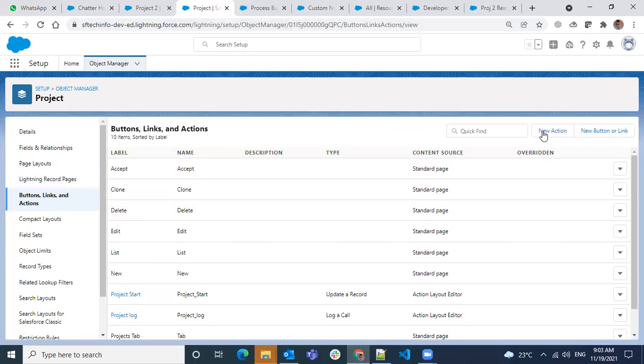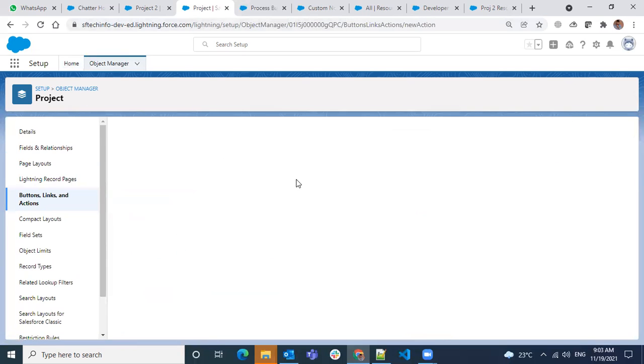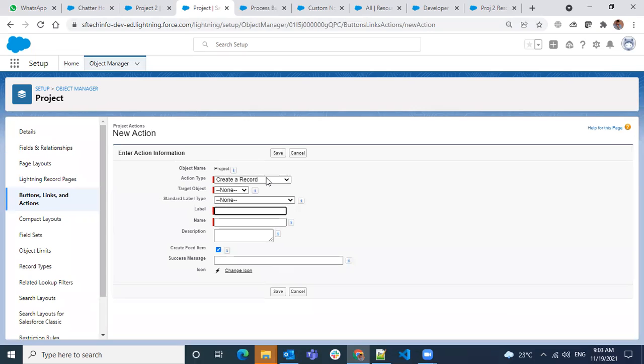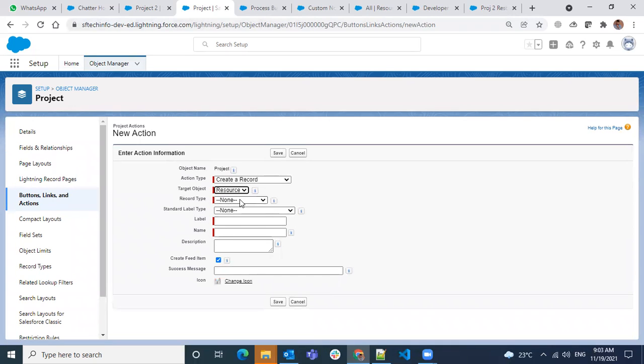So we have a new action, and when we are dragging and dropping quick actions in the Lightning App Builder, it only supports updating a record. Let's see if we have a create record quick action. I want to create a resource here. So they also have a resource, creating a resource directly, and I want to do it